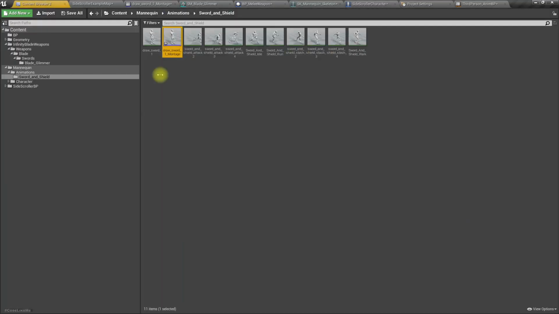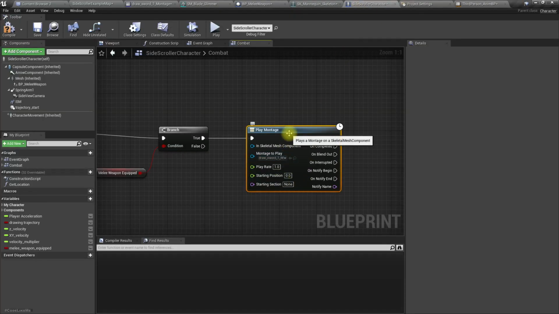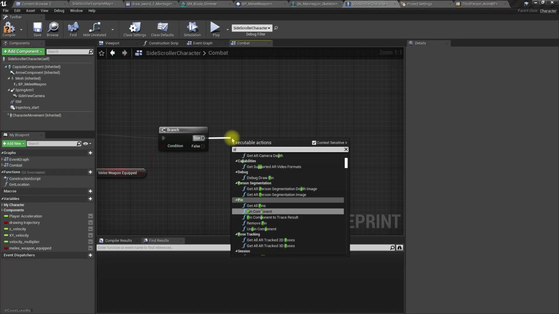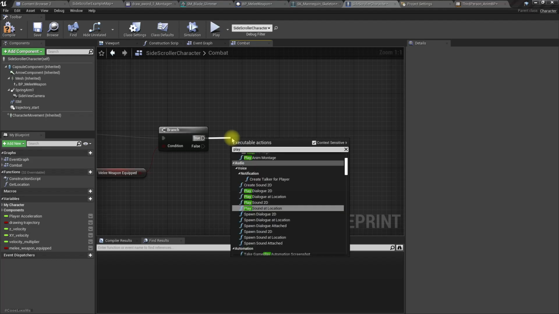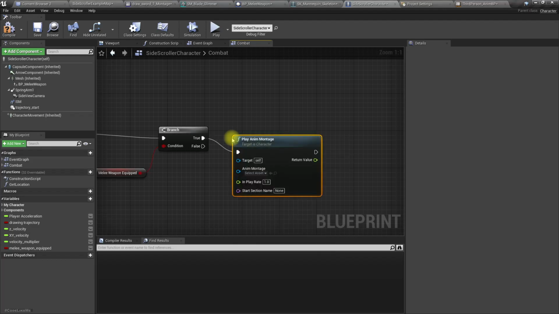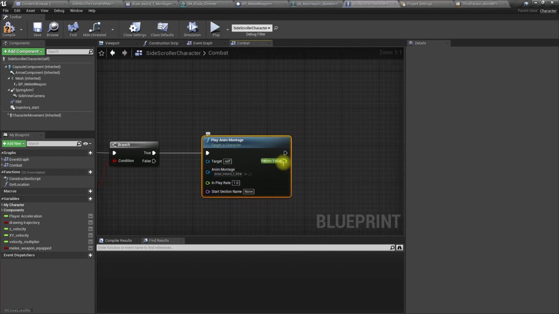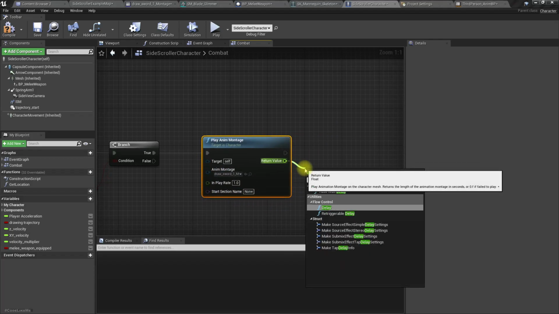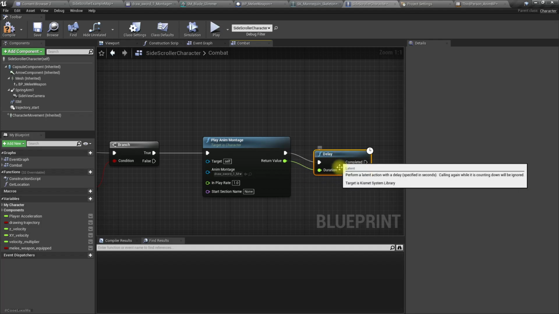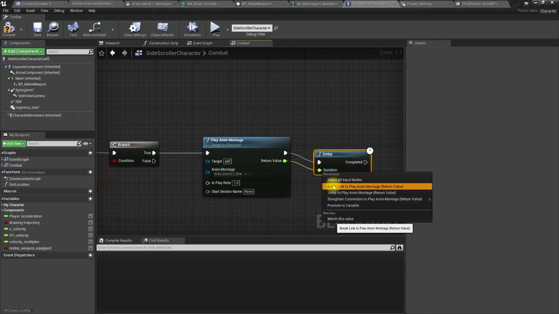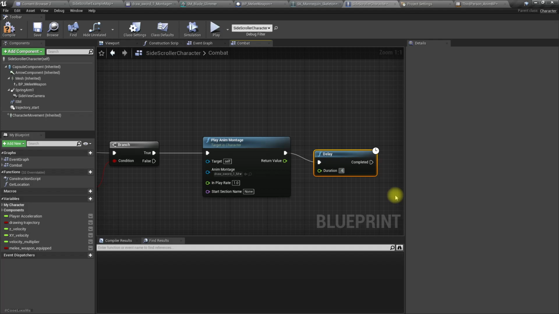Okay, how long is this animation? 0.5 seconds. Alright, let's use the other type of montage node, and let's add a delay of not that long, maybe 0.4 seconds,